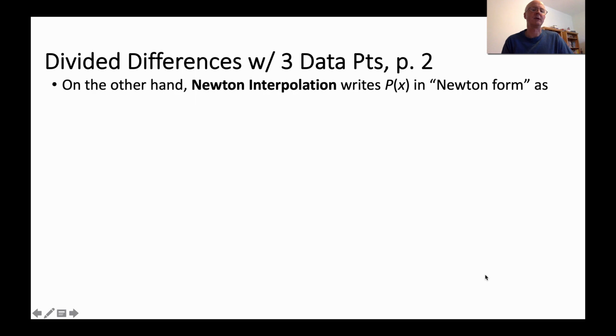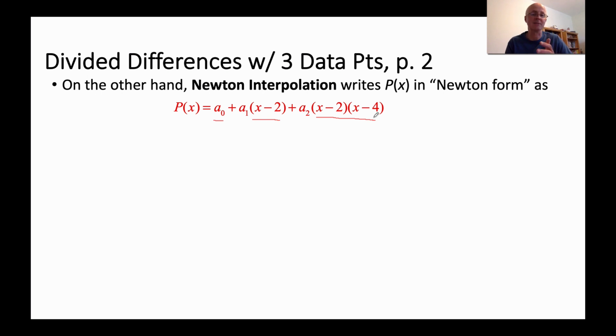How is Newton's method different? Newton interpolation writes p of x in a different form. Not in that same linear combination as before, but a new linear combination, actually. A0, which you can think of as A0 times 1, if you like, plus A1 times x minus 2, plus A2 times the product, x minus 2 and x minus 4. A 0th degree term, a 1st degree term, and a 2nd degree term. You can think of 1, x minus 2, and then x minus 2 times x minus 4 as being 3